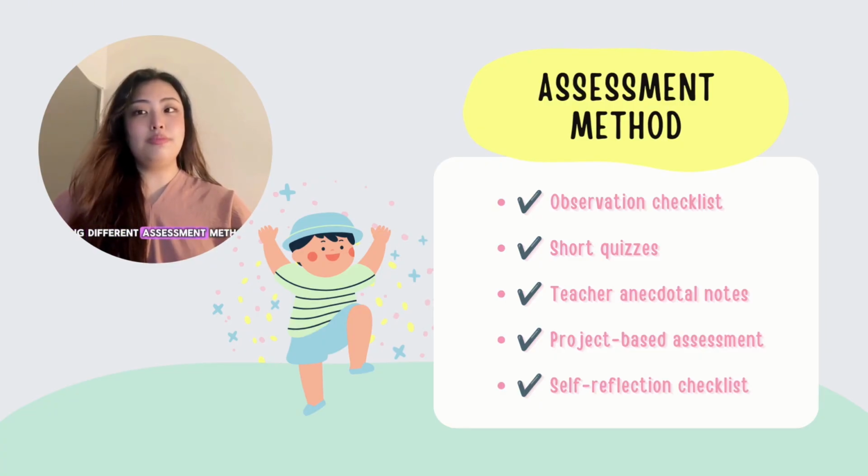Using different assessment methods allows the teacher to monitor not only Adam's academic progress, but also his behavior and participation in the classroom. Regular observation and assessment also help the teacher determine whether the strategies in the IEP are effective or whether any adjustments are needed. This ensures that the support provided continues to meet Adam's changing needs and helps him achieve his academic, behavioral, and